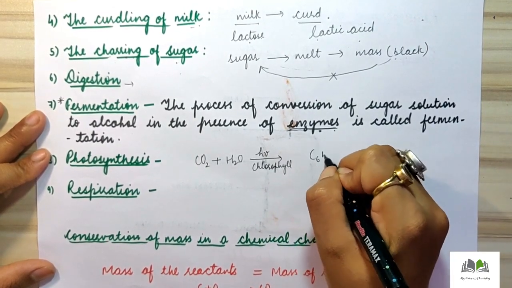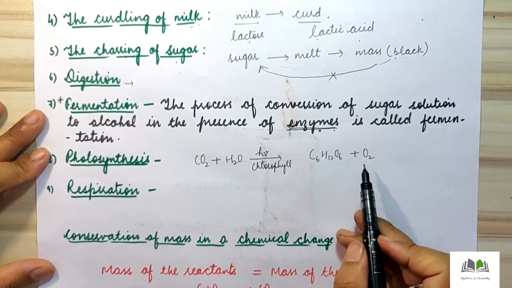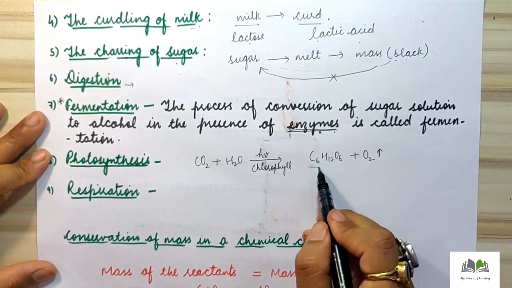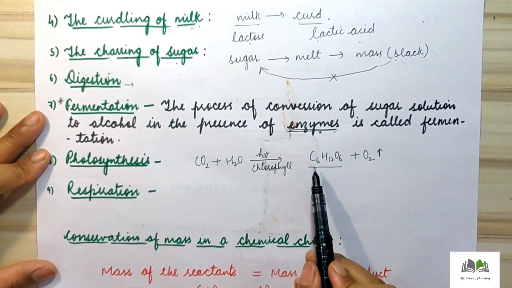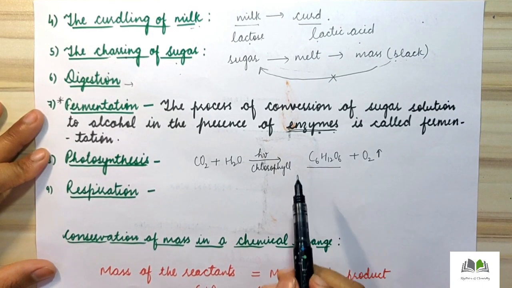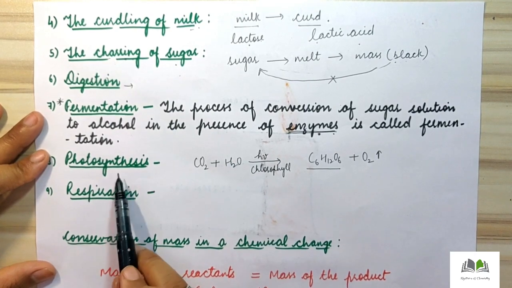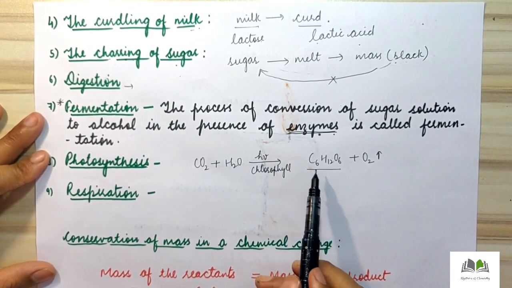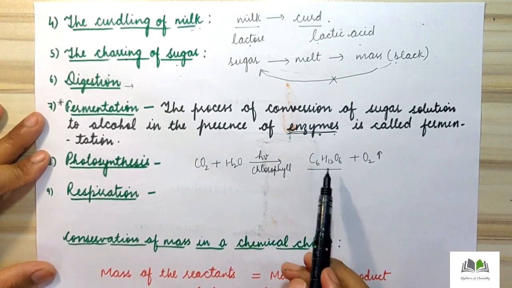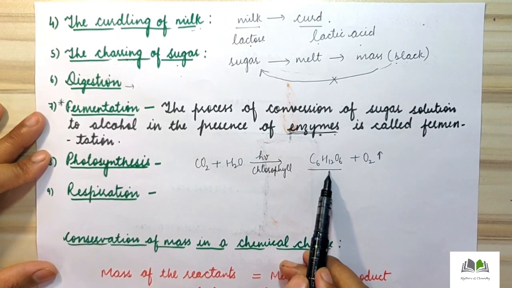What do they form? They form a new substance which is known as glucose. Along with the formation of glucose, oxygen gas is also formed. So in this reaction we can see new substances forming, and this substance, once it is formed, cannot be converted back into carbon dioxide and oxygen by the process of photosynthesis. So this change is known as a chemical change, because it is a type of permanent change and a new substance is formed during this change.